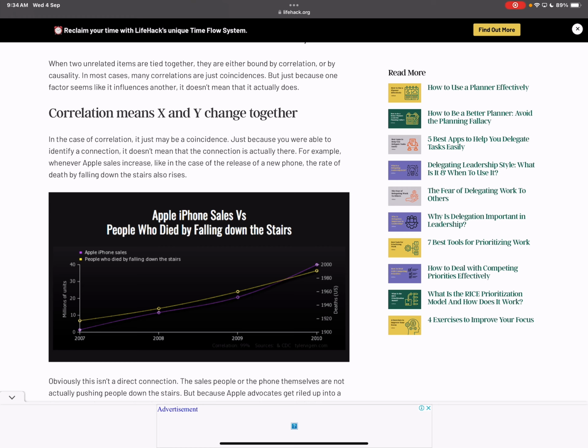But don't just jump to the graph and say it's causal unless you're trying to make a statement for people that aren't intelligent enough to think in between. Okay? Unfortunately, you're in a society where people just throw graphs at you and you just interpret it at face value. Okay? So